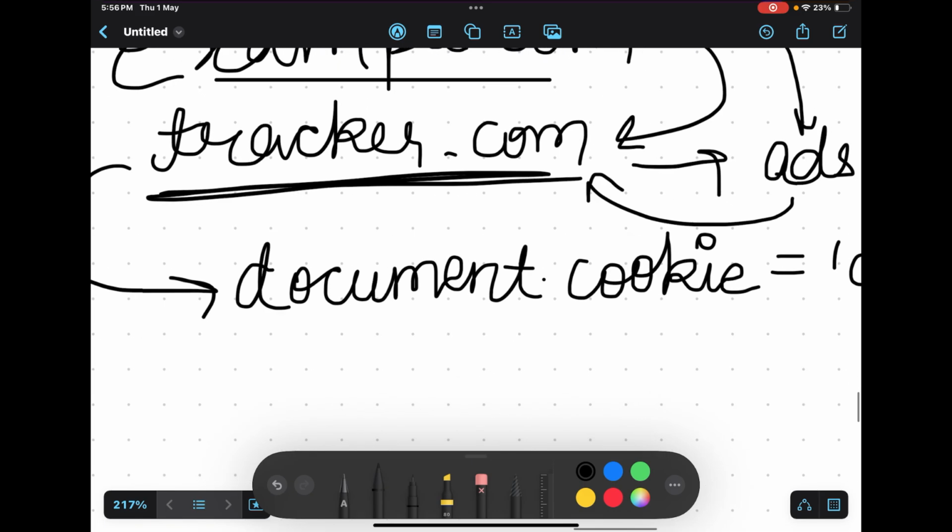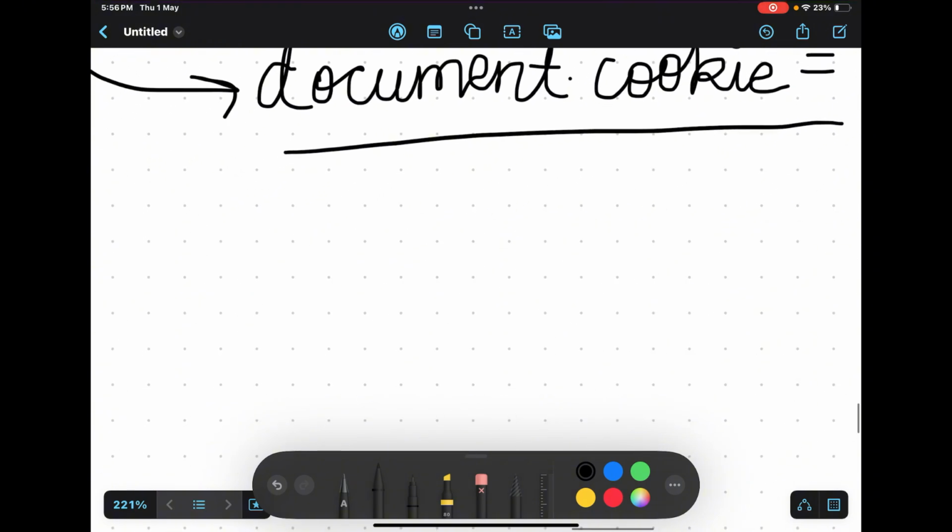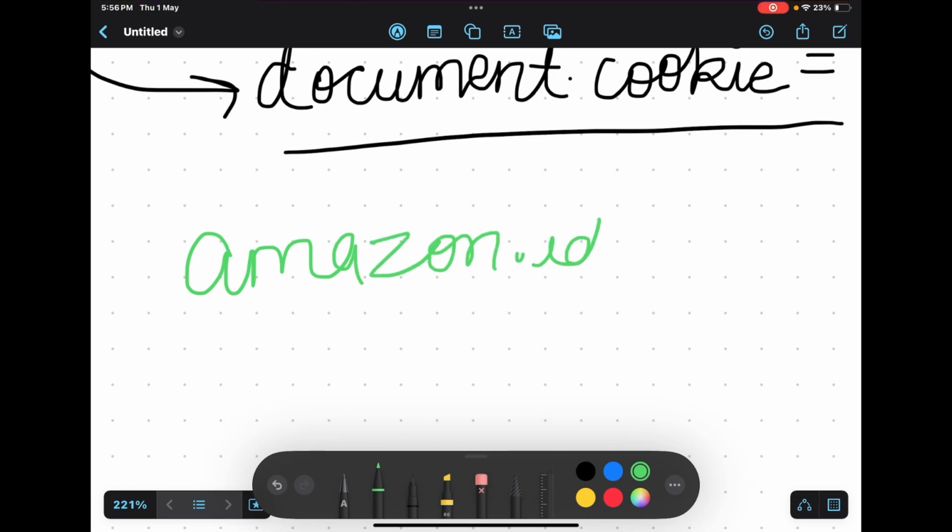Now this tracker.com has put a cookie in your browser, and on the basis of that cookie, it is now tracking you. A very standard use case is if you go to amazon.in and you search for a product. Let's say you want to buy shoes.